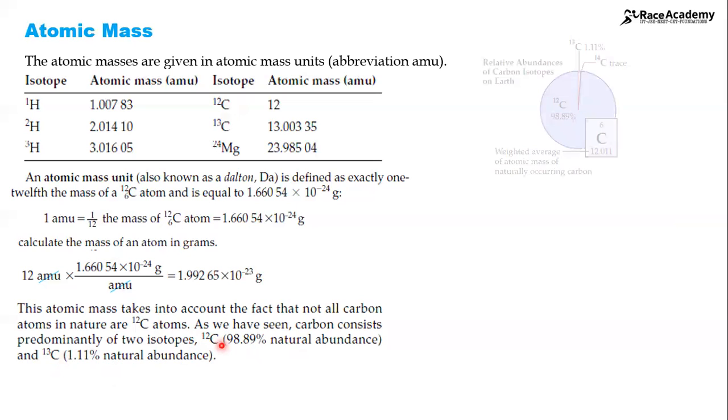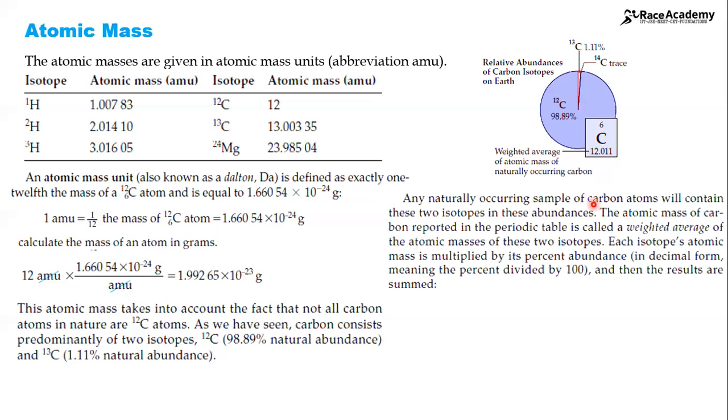You can see this in the picture, which gives the relative abundance of carbon isotopes on Earth. Any naturally occurring sample of carbon atoms will contain these two isotopes in these abundances, and the atomic